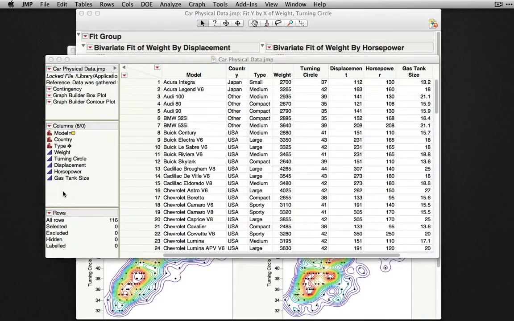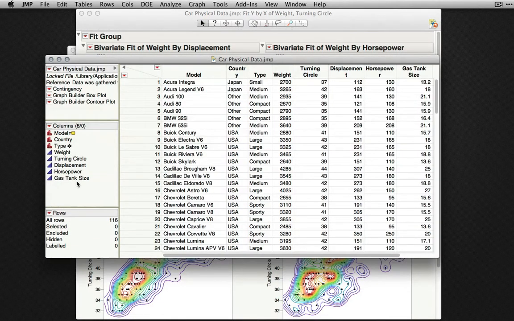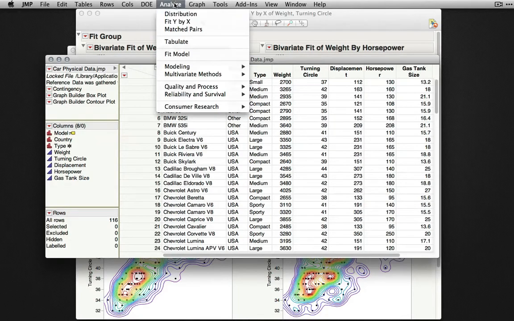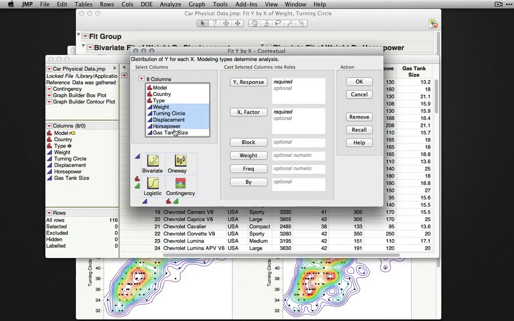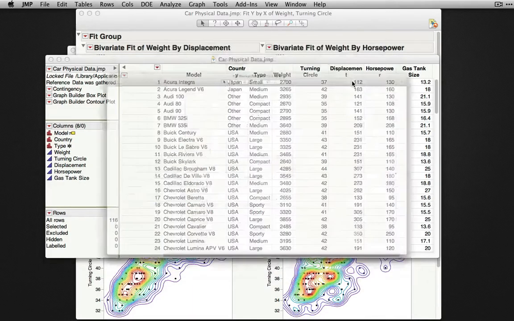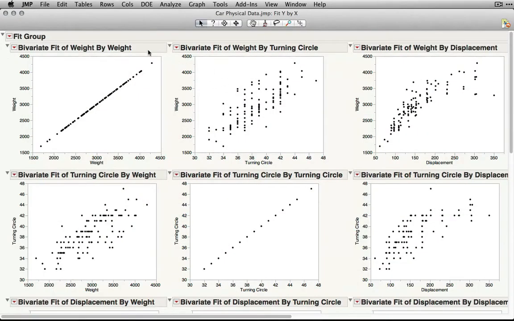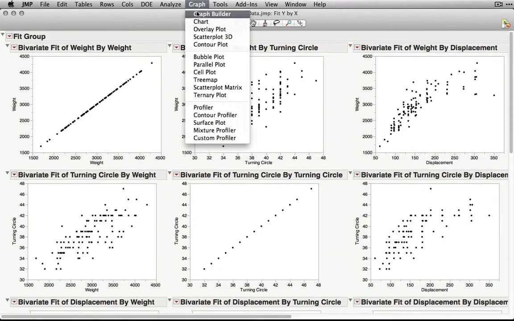If we wish to visualize the relationship between all these variables at once, Fit Y by X can produce that output, but the output will be more cluttered than other platforms. Here I'll designate Y and X both for the whole set of variables. JMP produces this output, and again we can propagate commands, but for a more consolidated view, we can use Graph,